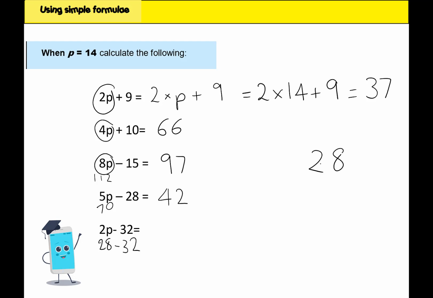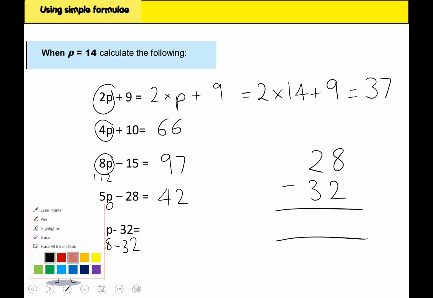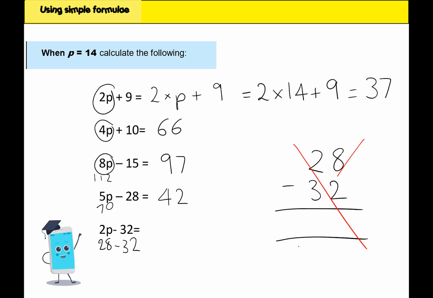Now, this method is not going to work. Do not use this method when you're going to have a negative answer. This does not work, okay? I've seen many people try this, but it doesn't work. What you can do